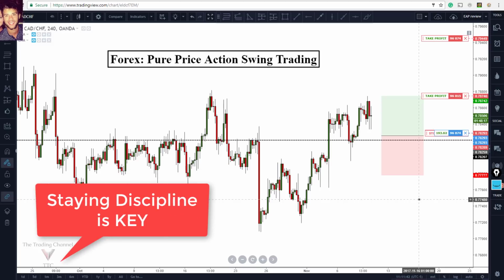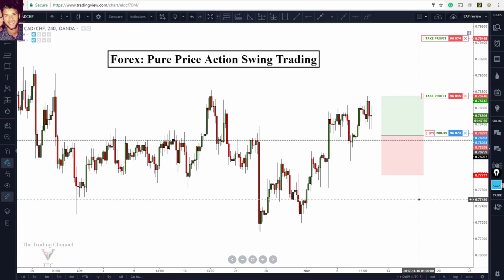You've probably heard process over outcome before, and guys, that is a very important part of trading. The process is more important than the outcome. Whether you win or lose the trade does matter, of course, and it feels a lot better to win, but the more important aspect of your trading is whether or not you're following your trading plan and following your rules during any particular trade. And just to help prove this concept further, I'm going to show you guys another trade